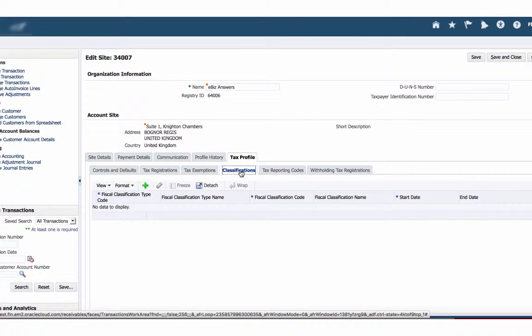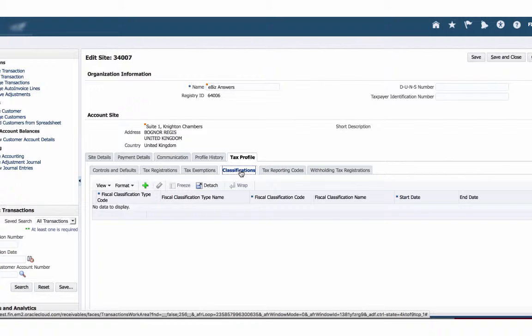Tax classifications. This isn't something that's mandatory, but you may have customers that have an exemption, or potentially they're actually offshore. What I mean by offshore is that you could have a location that's an oil rig or a ship, and therefore the ship to location of your sale could actually be to a port, and therefore the port is in your local country. The tax logic would look at the ship to location and say, that's in the UK, so therefore calculate UK tax. When in actual fact, the final destination, because it's going to an oil rig, means that the final ship to is actually